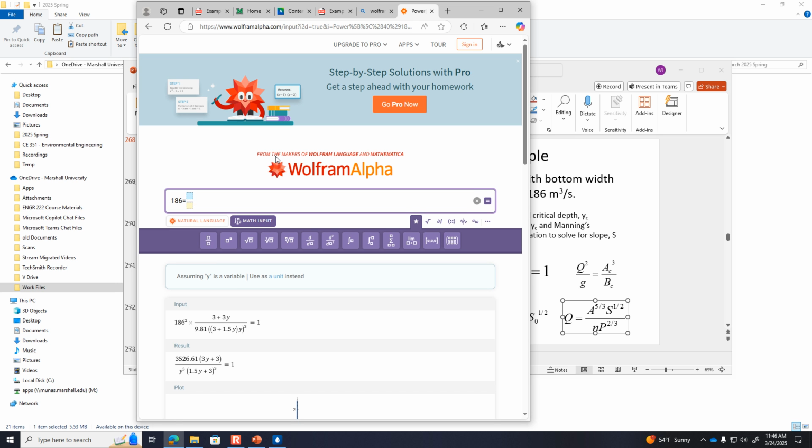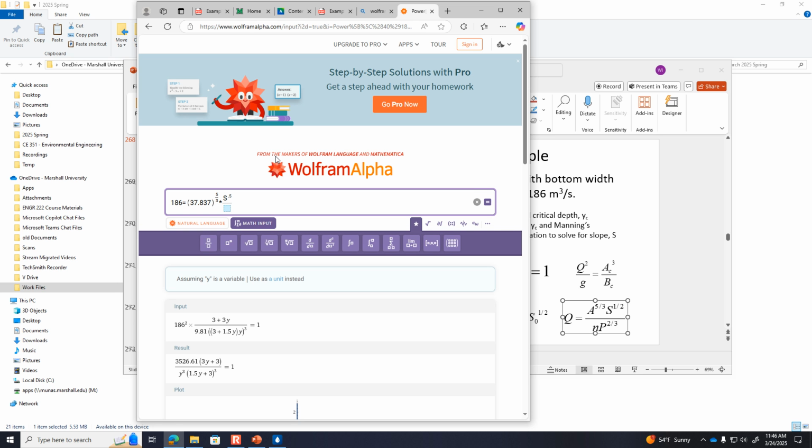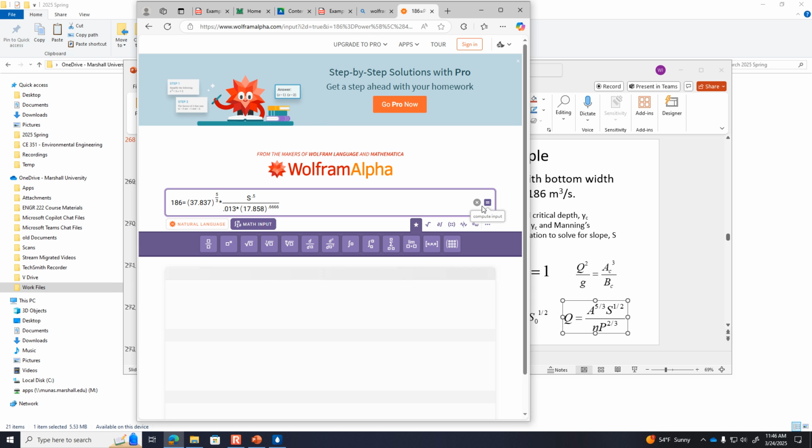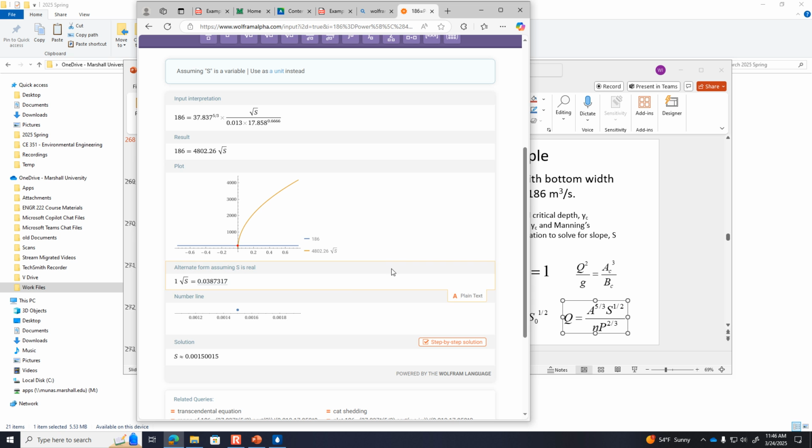And then, oh darn it, divide that by n, so that's 0.013, and times the wetted perimeter to the 2/3 power. And the wetted perimeter we got was 17.858 to the power of 2/3, 0.666. Okay, and ask it to compute for S, and it tells us that it is